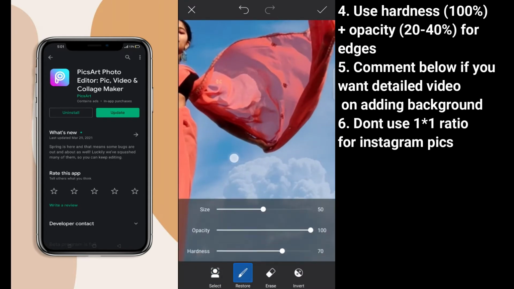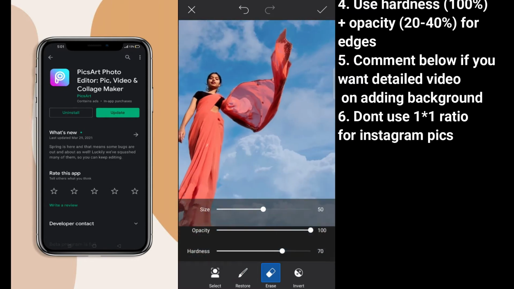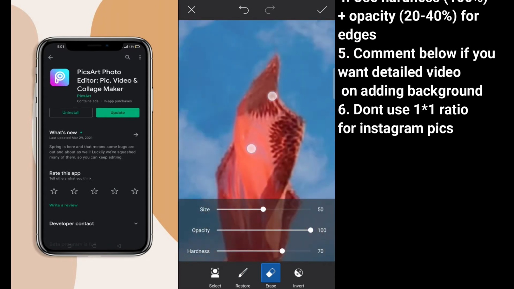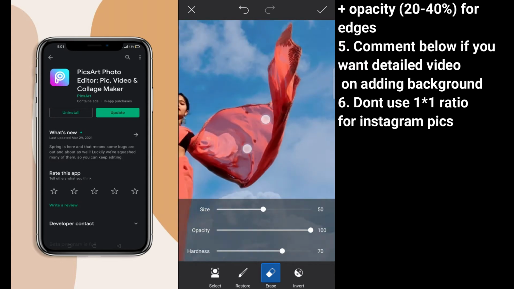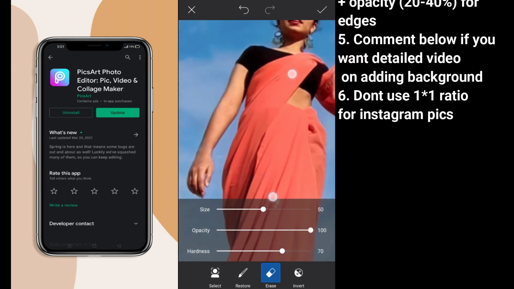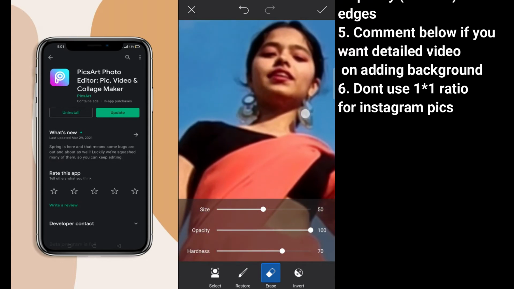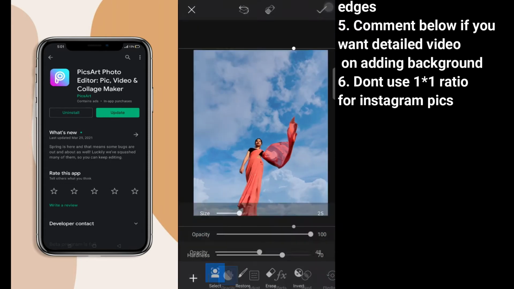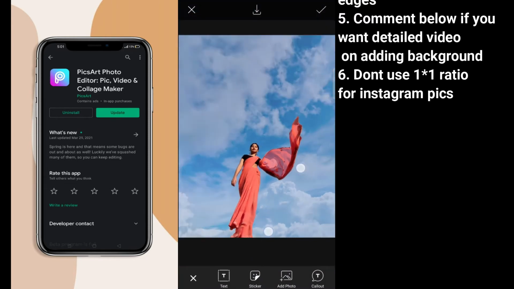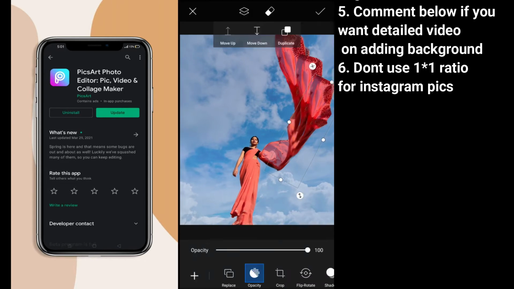So now I am checking it again, to see if anything is left or not. And the edges look fine too, it doesn't look like you have added the sky. There are pictures where the edges are not detected properly, but for God's sake, this was just perfect, and I've got this perfect edit nearly.